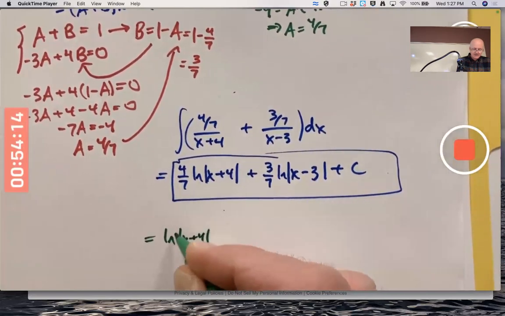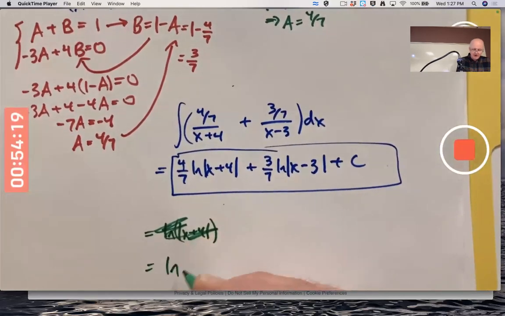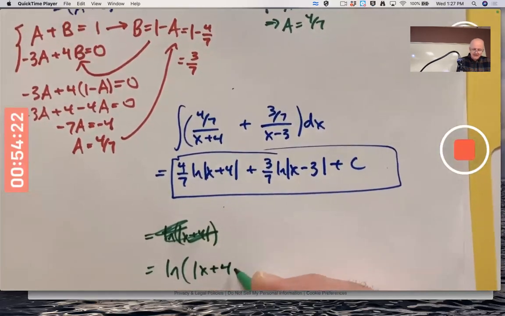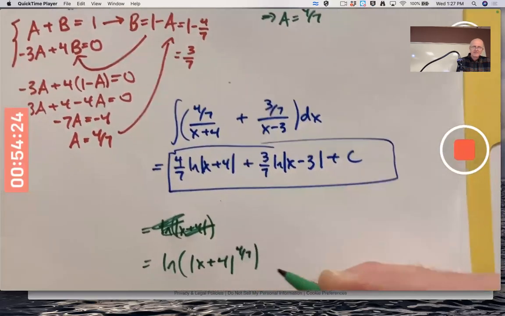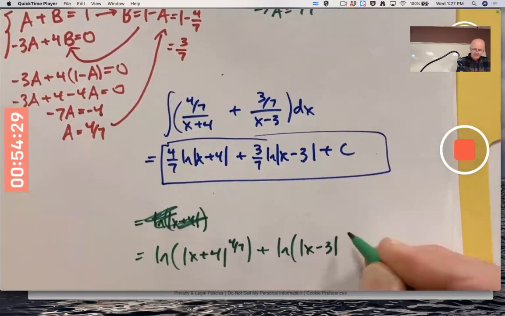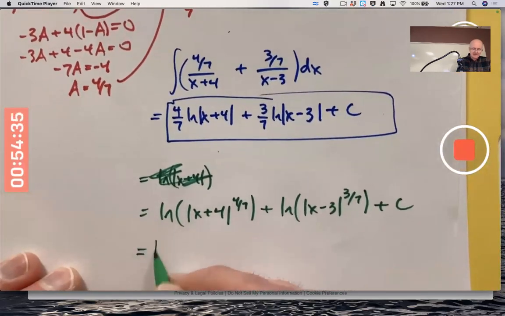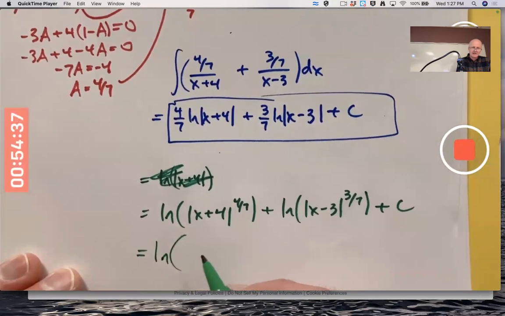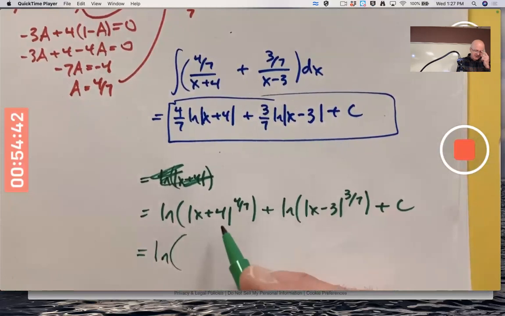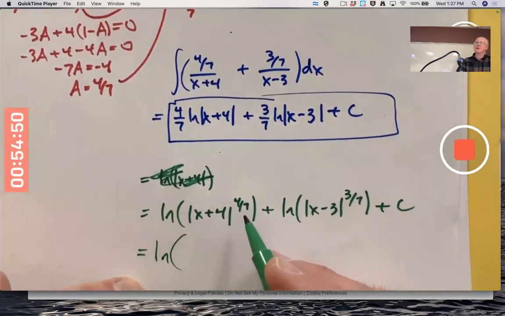For example, the coefficients in front by a property of logarithms can become powers inside the logarithm like this. And then when you've got the sum of two logs, that's also the same as the log of the product. So I can write ln of the product of those two things. And actually x plus 4 to the 4/7 power in x plus 4 absolute value of the 4/7 power is always going to be